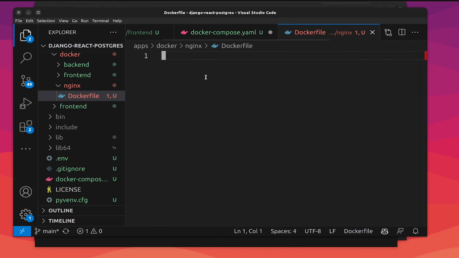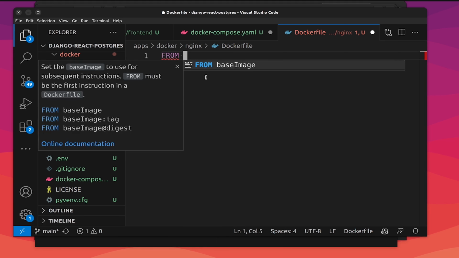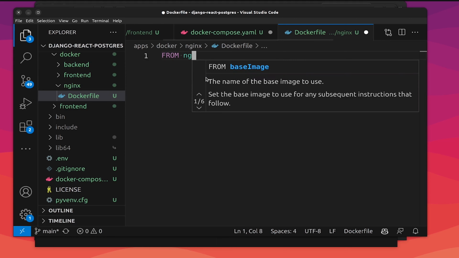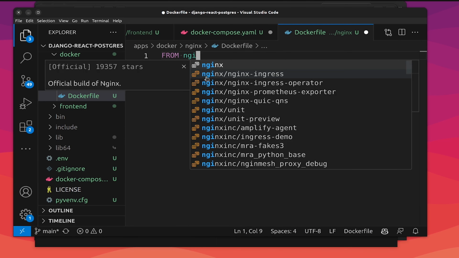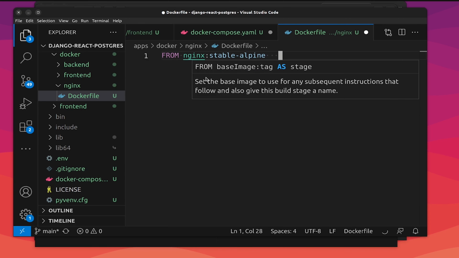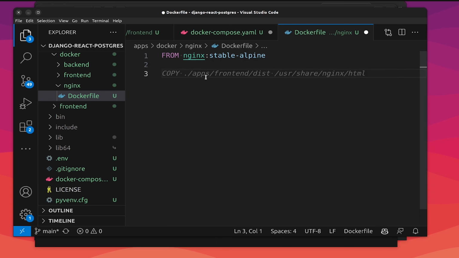So this is the most important file where we are going to use Nginx for us. So let's actually import Nginx. So we'll just give it a tag called stable-alpine, and then we are going to